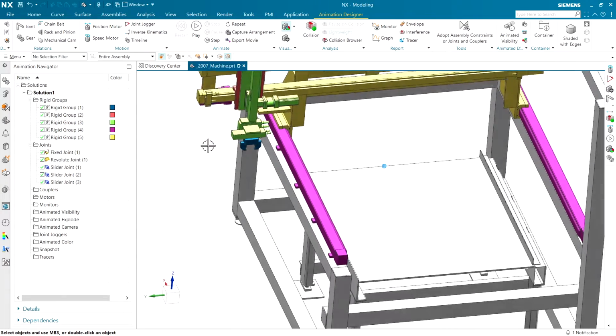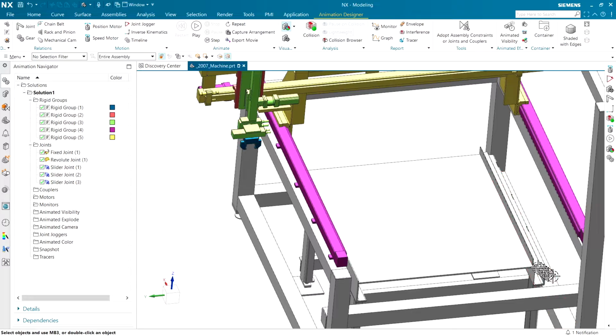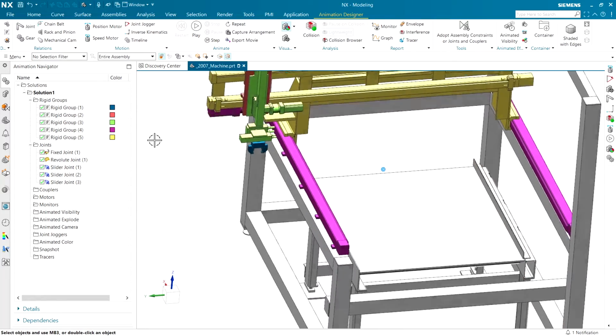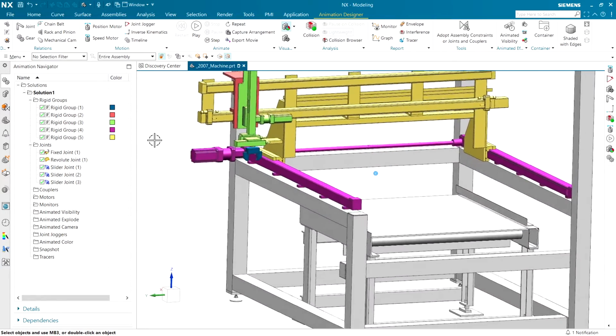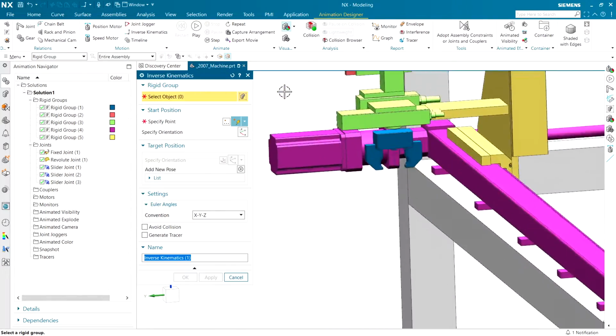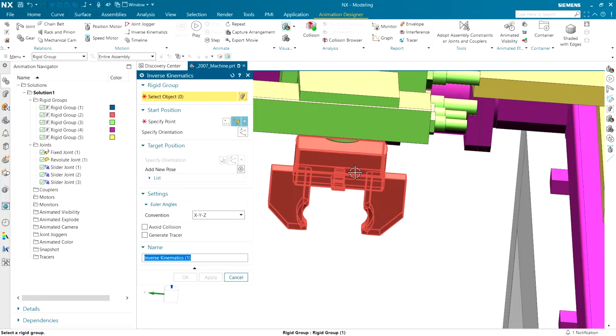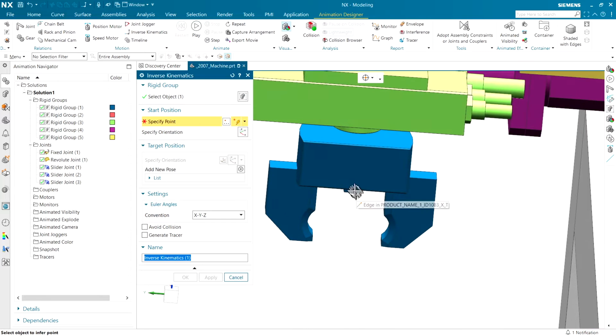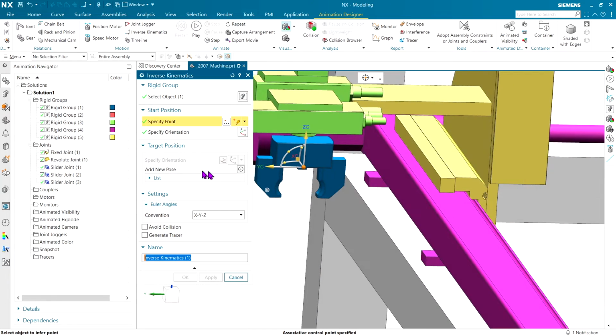Now, what we want to do is get the right motion, and that's going to require some motors. Now, you could measure from point A to point B, pretend there's a small part down there, and figure out what all the distances are, or we're going to use inverse kinematics. So the process is real simple. You pick what you want to move, where you want it to move from,